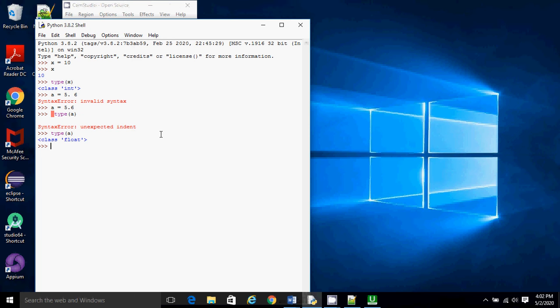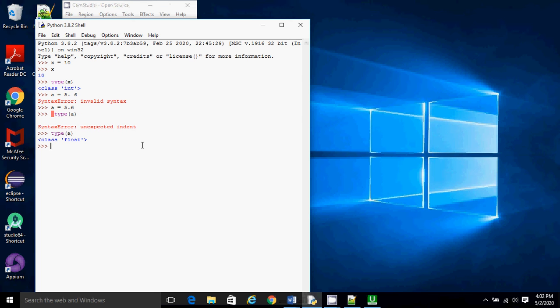So why did the last line here give an error? Because in Python we need to take care of the indentation. It's not like you can write with 5 spaces or any space or any indent. In Python you have to strictly follow indentation. So when I gave one space and then wrote this function, it threw an error like unexpected indent. So you have to always take care of indentation in Python. We'll see this going forward when we write a complete program, and there we'll see it very clearly. So for right now we see the type of a is float.